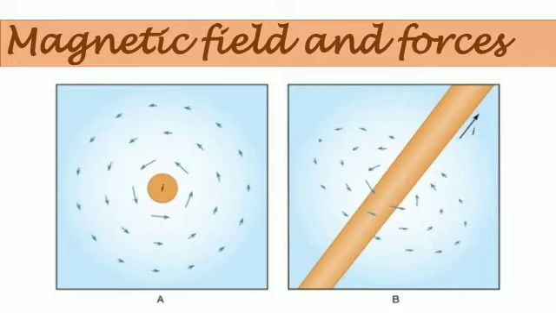Both magnetic fields and magnetic forces are more complicated than electric fields and electric forces. The magnetic field does not point along the direction of the source of the field. Instead, it points in a particular direction. In addition, the magnetic force acts in a direction that is perpendicular to the direction of the field. In comparison, both the electric force and electric field point directly towards or away from the charge.